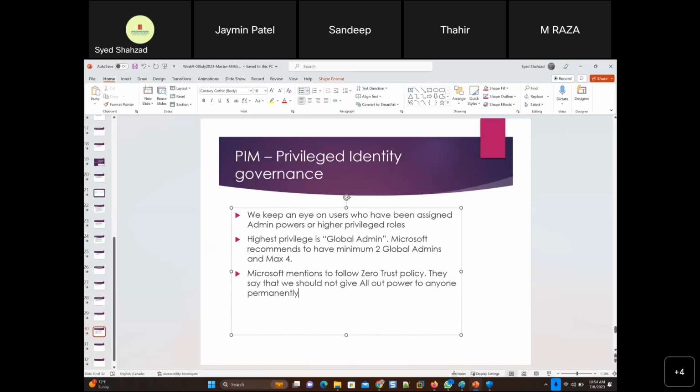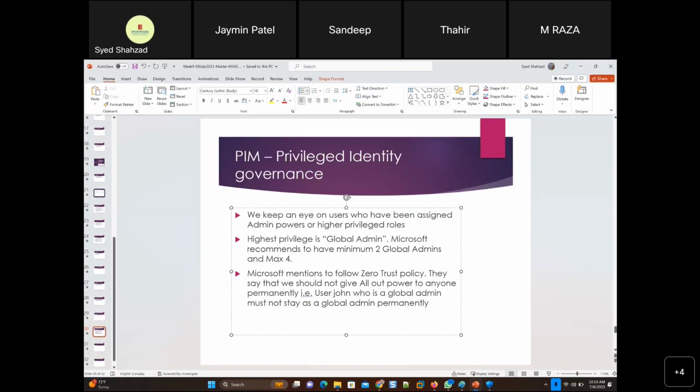They say that we should not give all out power to anyone permanently, right? Exactly, just in time, JIT as well. So for example, user John, who is a global admin, must not stay as a global admin permanently. Oh, what does that mean?